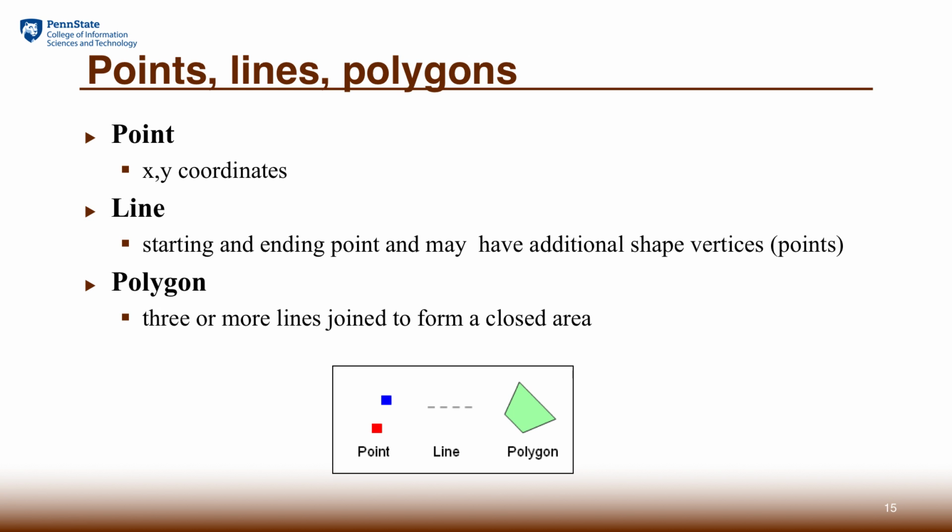The idea of a vector-based map representation says no matter how complex the features are, we can always represent them either as points, lines, or polygons. Points are represented as XY coordinates in the geographic coordinate system of choice, and a line is basically a series of points that make a sequence of connected dots. A polygon is just three or more line segments joined together to form a closed area. In this case, we're talking about different kinds of shapes that may require very different design decisions.